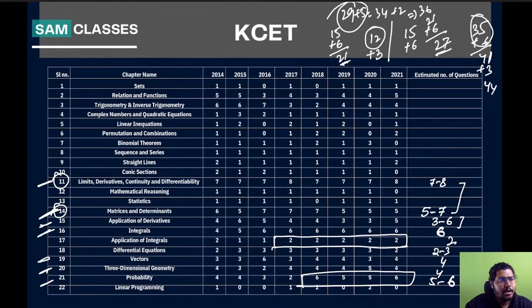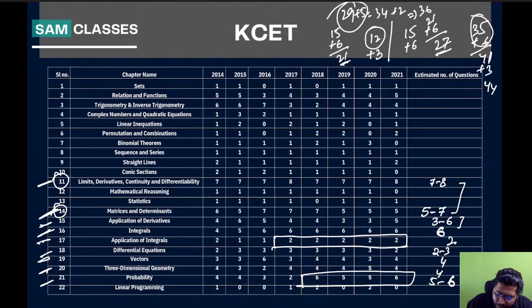And very simple questions. Questions from AOI are always repeated. They'll give you a parabola or a line, find the area. Circle, line, find the area. Almost similar questions keep repeating in application of integrals. Very simple. If we solve that chapter, you'll be solving in seconds. So don't worry. So this done, this done. So almost all 12 topics done.